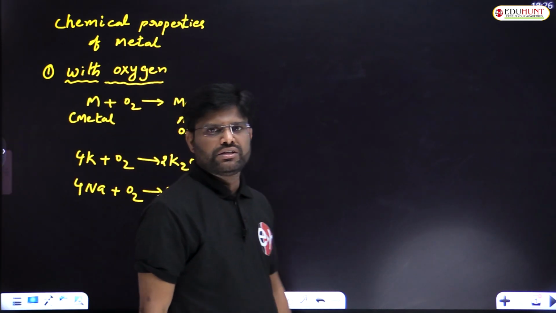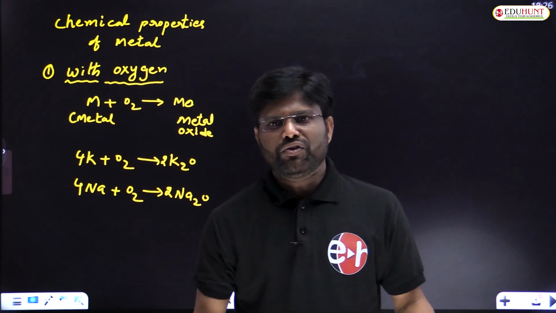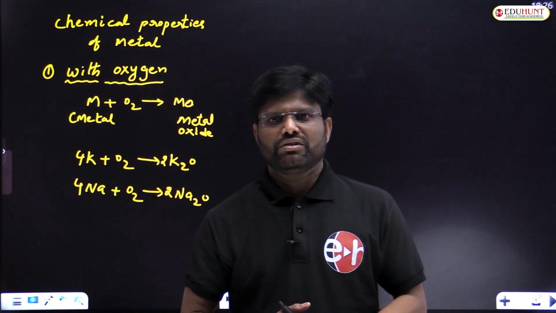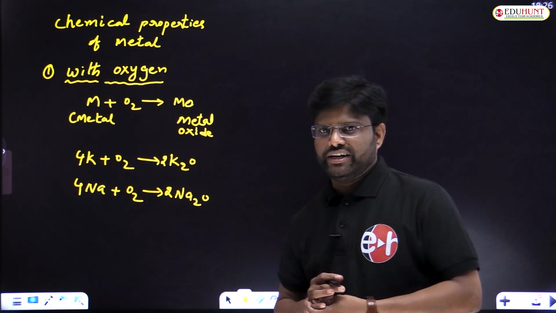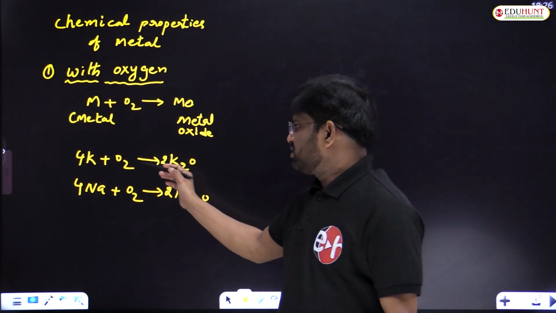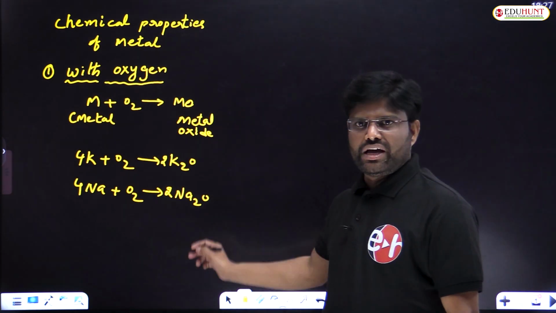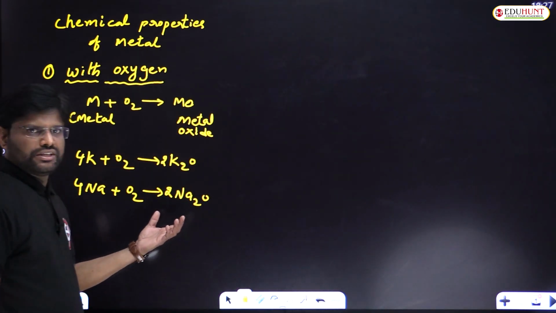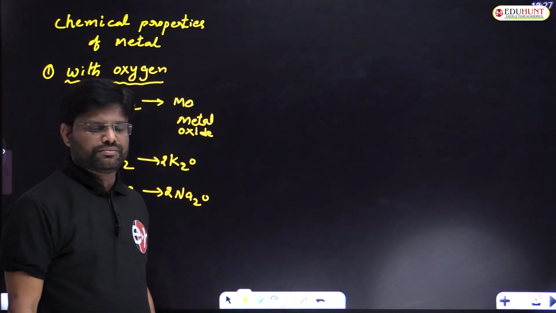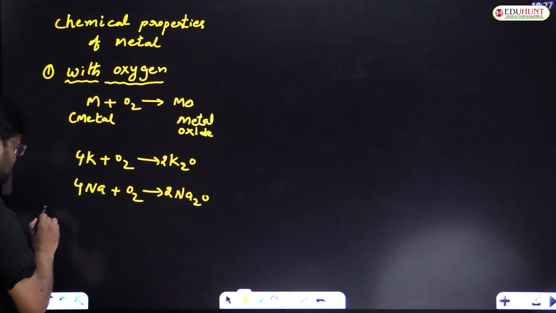So these metals, potassium and sodium, react with oxygen to form their oxides. The first one is potassium oxide, the second one is sodium oxide. These are highly reactive. Within a fraction of a second, the reaction takes place. This is the first one. Next one,